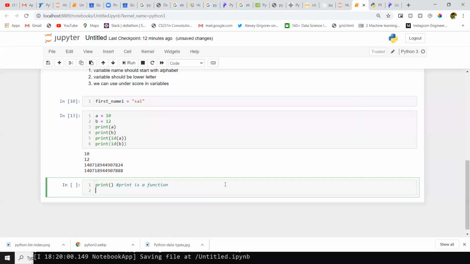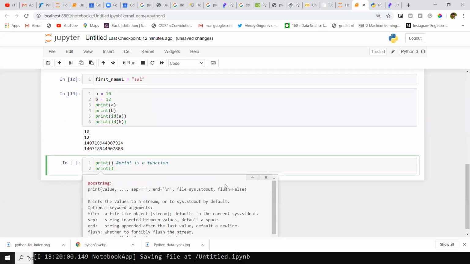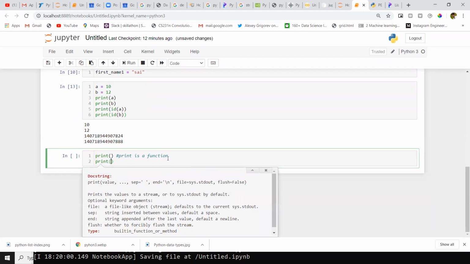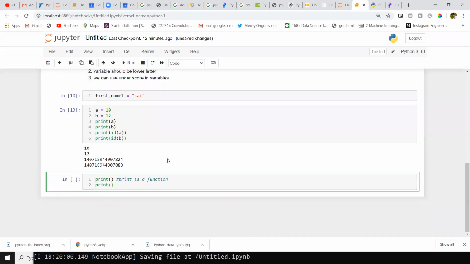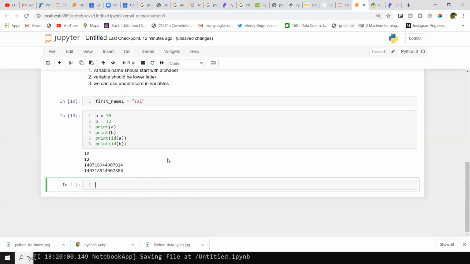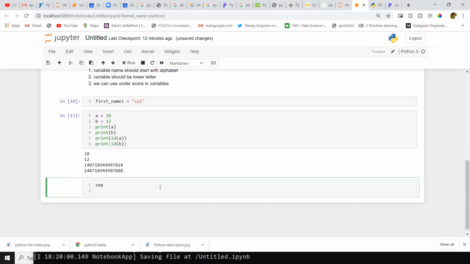We have some special operations on print. I want to list out all those print operations. One minute, I will write them here. These three are the keyword arguments for the print function.